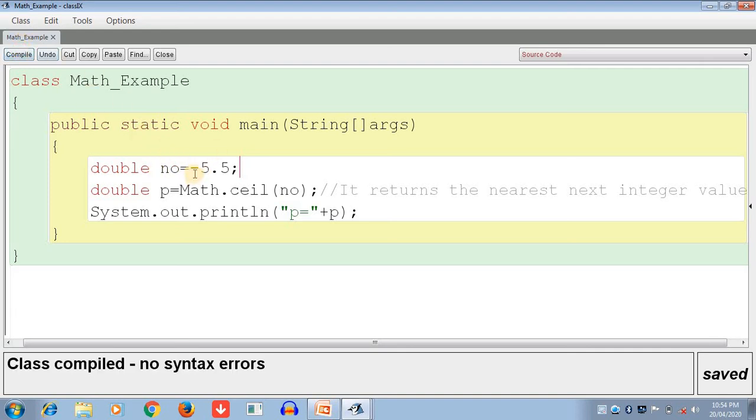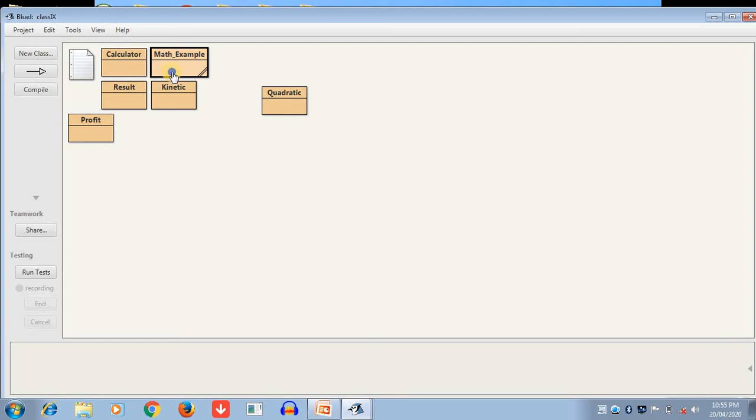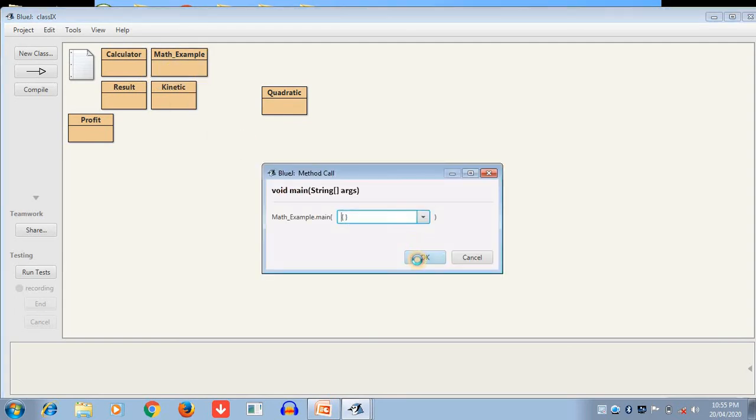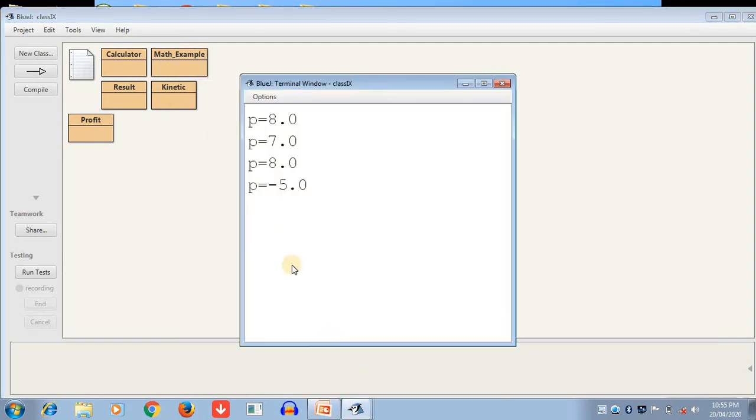If you are putting plus, 6 will be displayed, so the nearest integer is 6.0. If you are putting minus, what will be the next integer value? Now look at the output: the next integer value is minus 5.0. It is the nearest integer value.